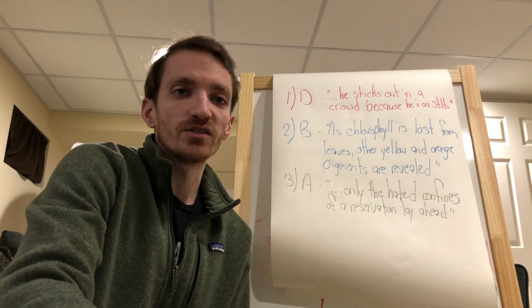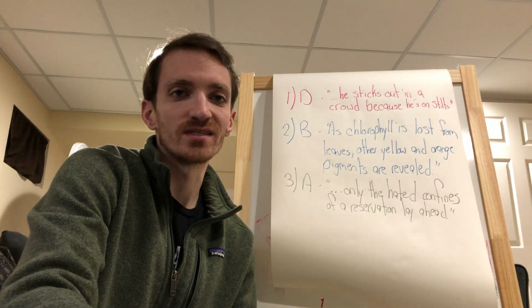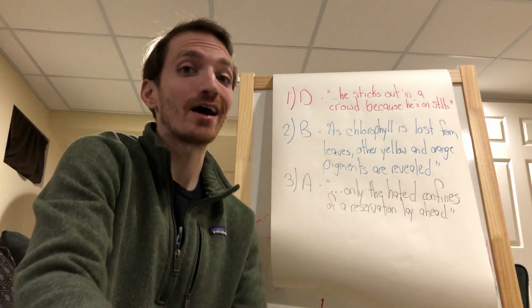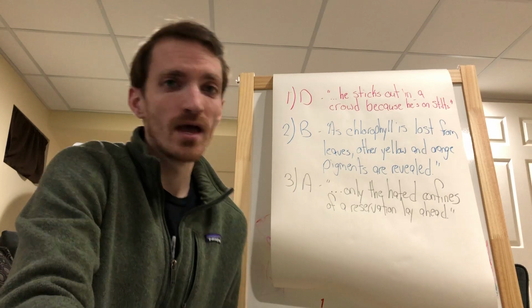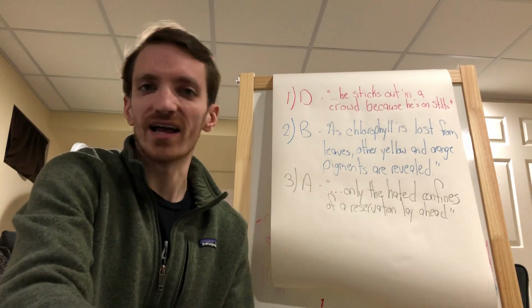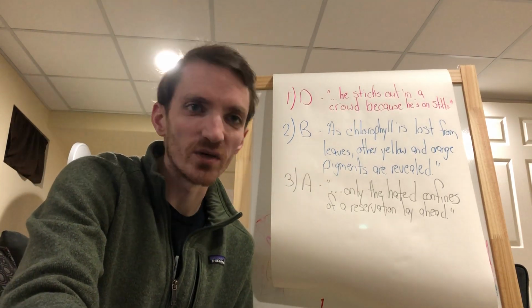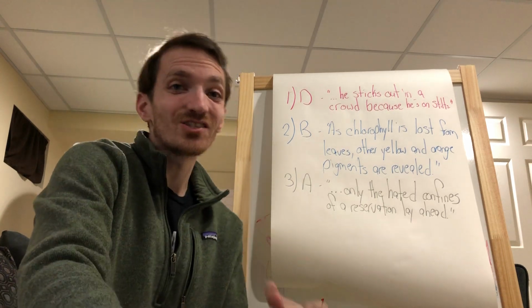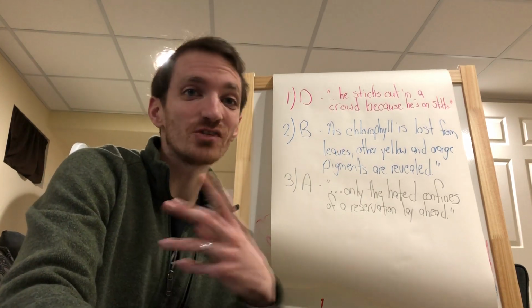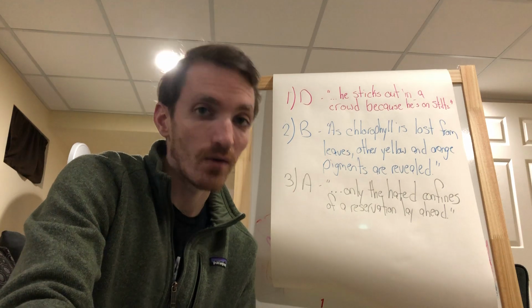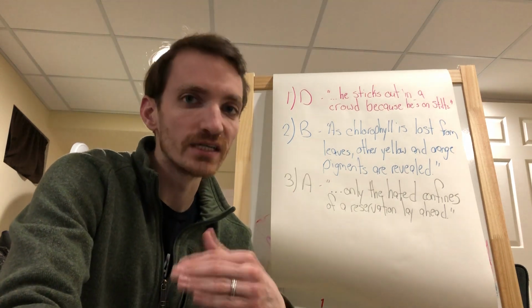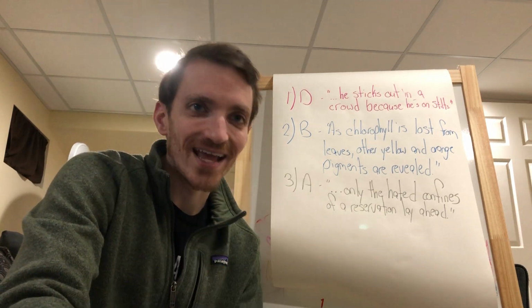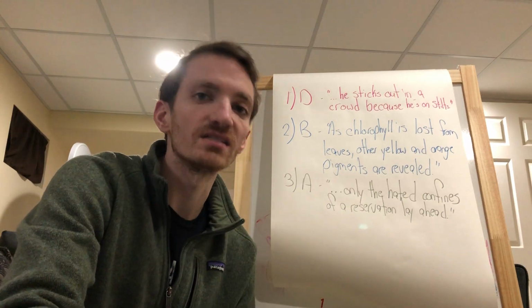Question number 1 wants to know, why does Mr. Pearson stand out in the crowd? Now, there are a lot of reasons why he might stand out. He's carrying a clipboard. He has a lot of stuff like pencils and whistles and safety pins. He also is super clumsy, and it says he drops things all over. However, the text clearly says that he is standing out in a crowd because he is on stilts.